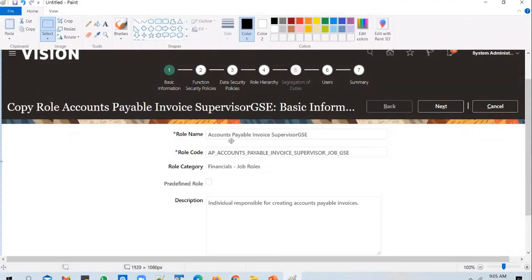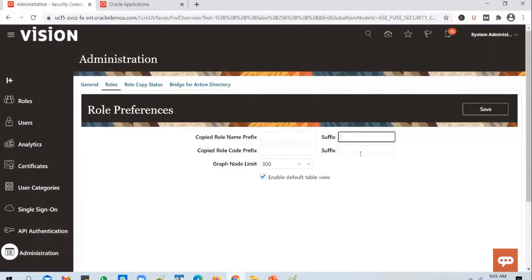We have changed them as well. If you remember, we deleted this GSC and we added our batch identifier as a prefix there. Okay, so you can do that as well. So I'll put it back, because this is a public cloud instance. I don't want to disturb things there.